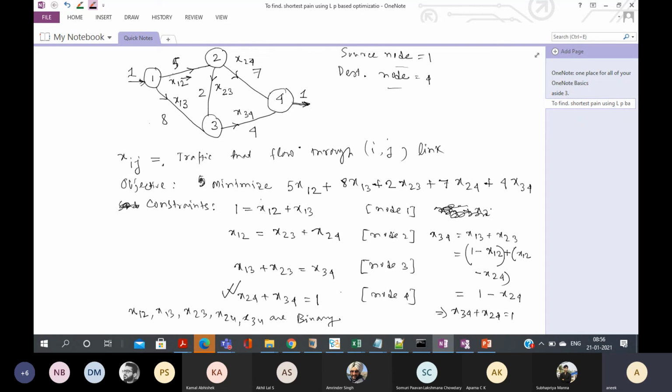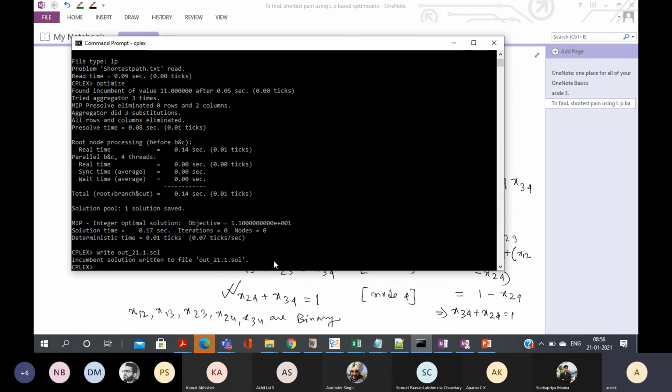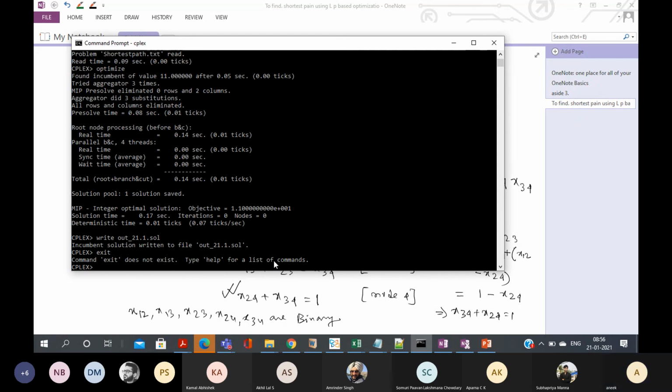So let's say I want to solve this problem using this solver. How would I do this? First you have to load Cplex. Already it is there. Maybe if I show it. Can you see the screen? Yes, sir. So basically you load Cplex in one folder, then from your command prompt you go to that particular folder, and then you open Cplex. That's the issue.